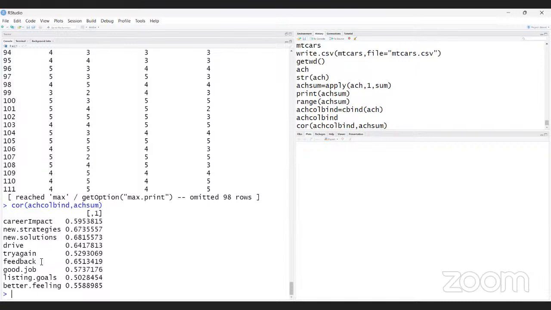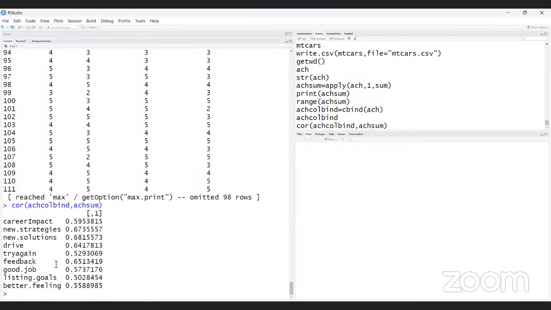So these are the important variables that are highly correlated with the achievement motivation. Is it clear or any question? This is clear, correct? Yes, sir. Okay.